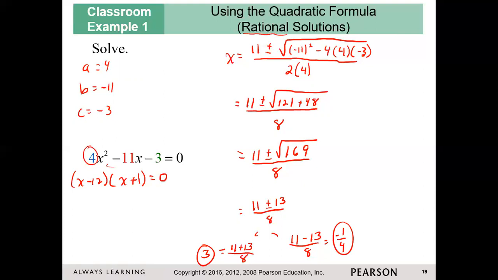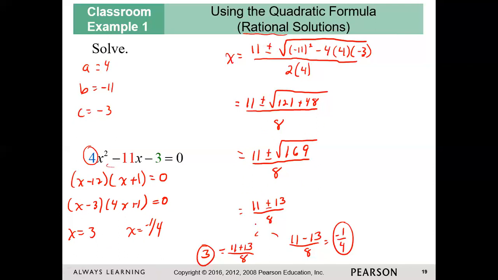Remember our a value is 4, so we're going to scale these back down. So this is going to be x minus 3, 4x plus 1 equals 0. And then we use our trick of saying x equals 3, opposite divided by, opposite divided by. x equals negative 1 fourth, which is the exact same answers I got here. And it was a heck of a lot easier to get them by factoring because I'm so much better at factoring than I am at